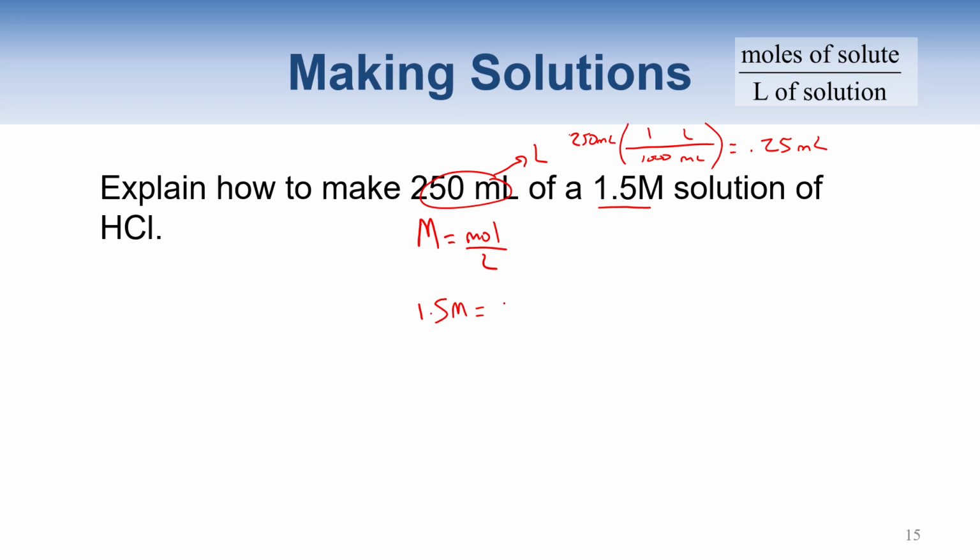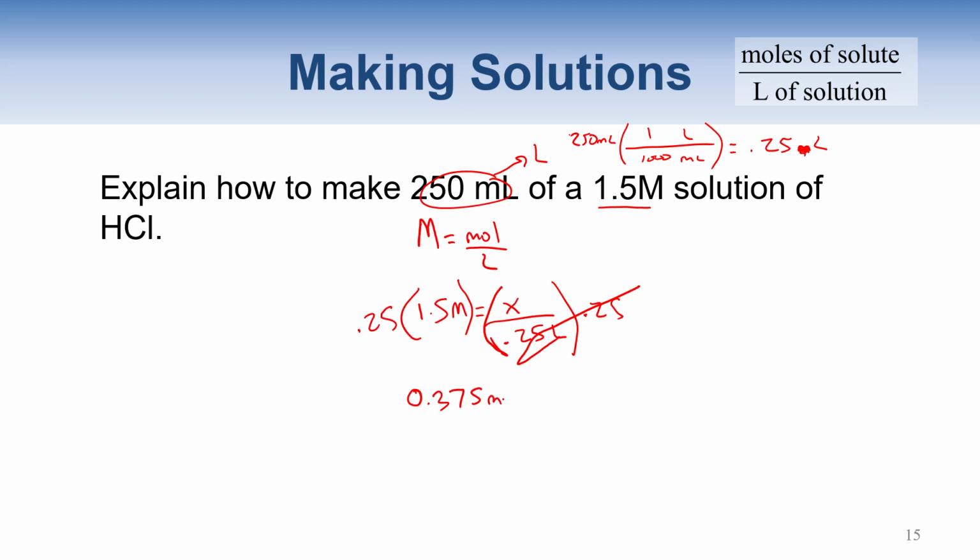So we have x equals moles. We don't know how many moles over 0.25 liters. Sorry, that should be a unit of liters, 0.25 liters. So now we're going to try to isolate the x. So we're going to multiply both sides by 0.25. We're going to cross out this, and we're going to do 0.25 times 1.5 to get our moles, and that's